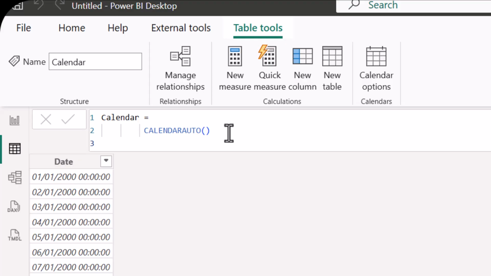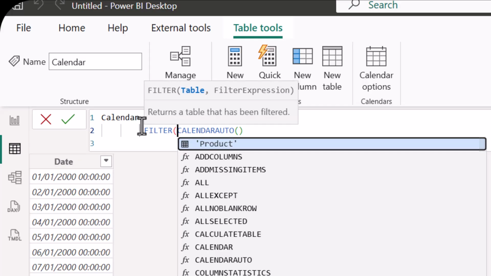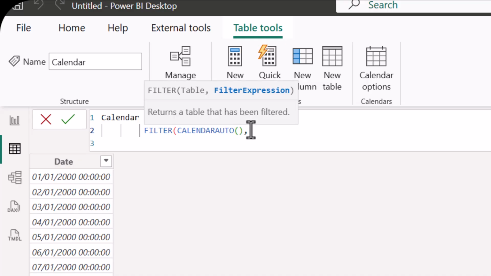So how do you still use calendar auto and find a way to ensure that you are able to filter that calendar auto to start at the year that you actually want it to start from? So what you are going to need to do is to apply a filter to your calendar auto function, which means I'm going to come right here before my calendar auto and I'm going to add in a filter. So that means I'm trying to filter my calendar auto. Then I will go to the end of that, put a comma there to apply what my filter expression is